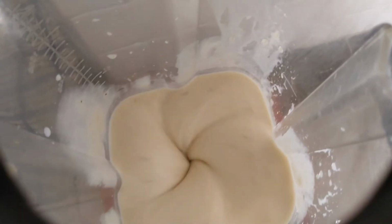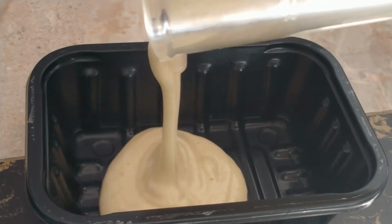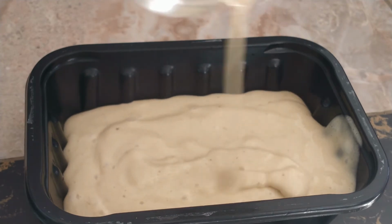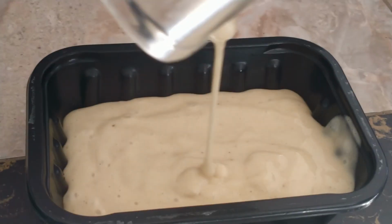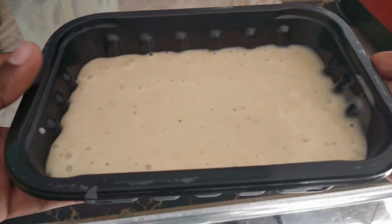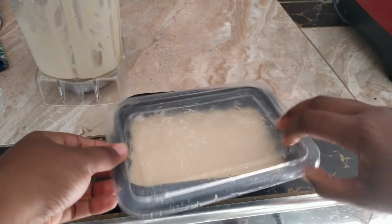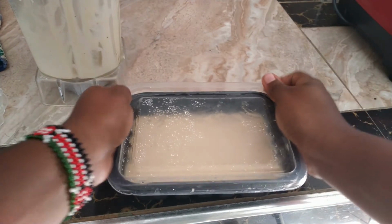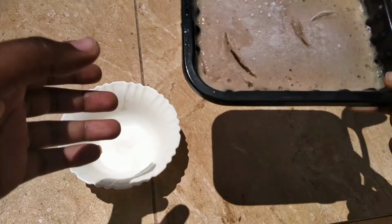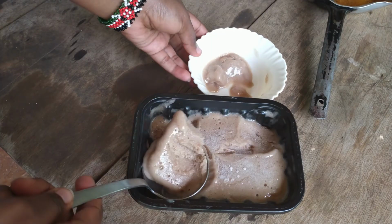And as you can see, crush it until it forms a paste. And into a container, add the paste there, whichever container of your choice, in whatever shape you want it to come out in is okay. So we're just going to seal the container, and we'll put it back into the fridge for 3 to 4 hours as well. Or if you want a much better consistency like this one, I left mine overnight, which actually turned out